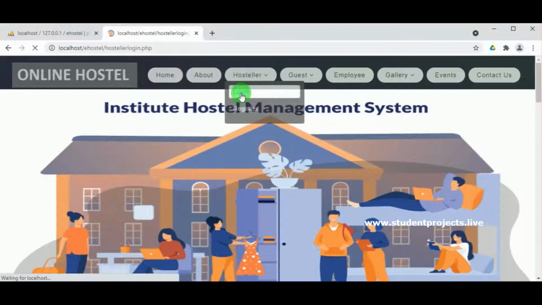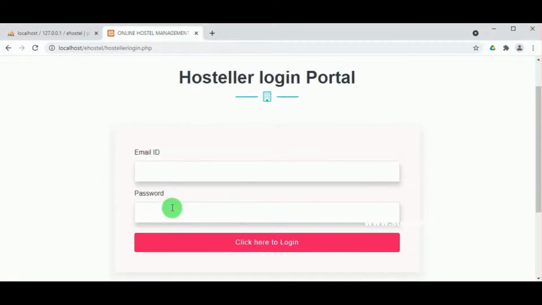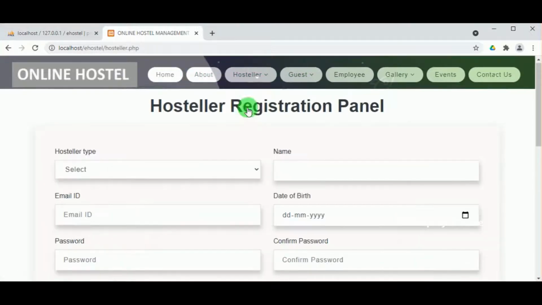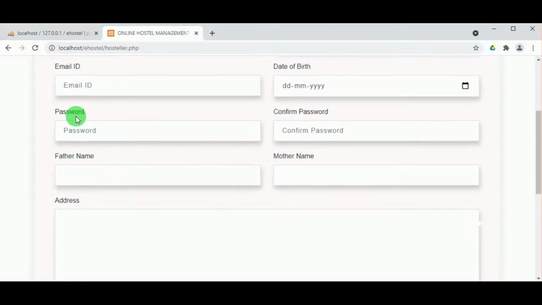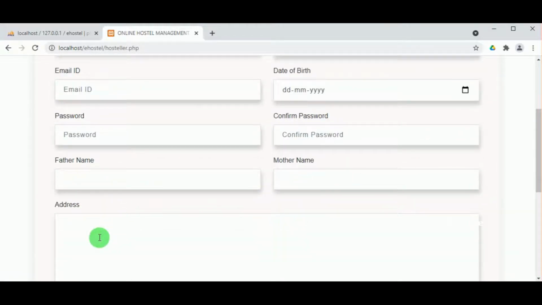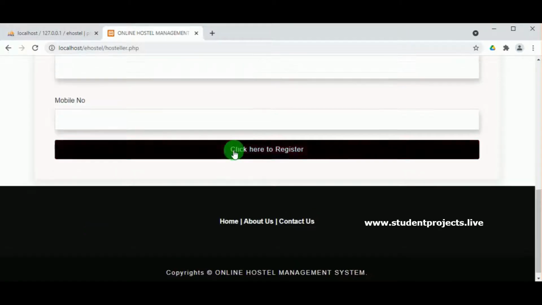Now let us see different login pages. So you can see this is a form now, which has only 2 fields and 1 button. In the hostler there is a register form. So there are many fields in this form. There are different text boxes, there is a select box, there is a date box, there is a text area,